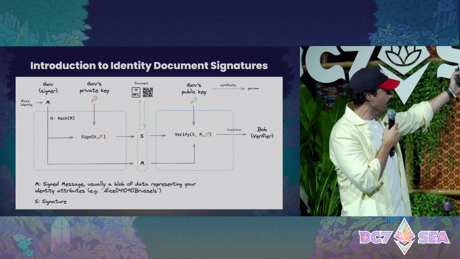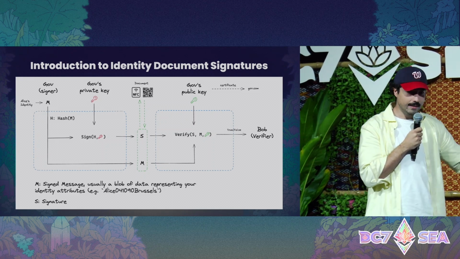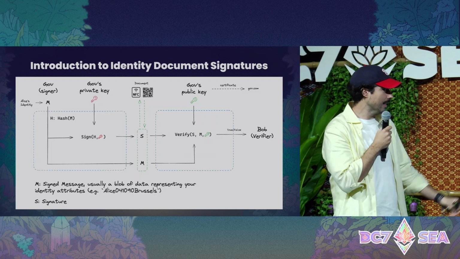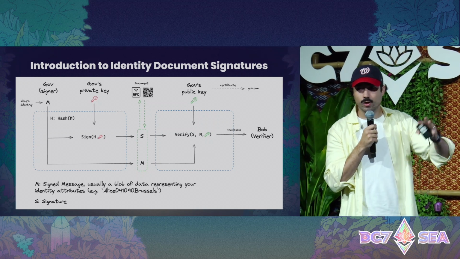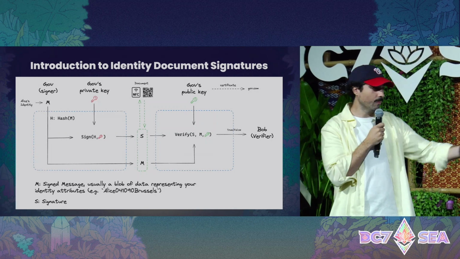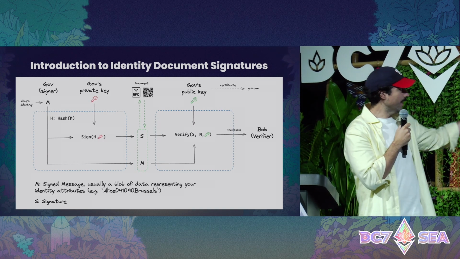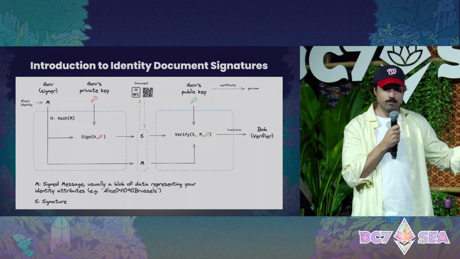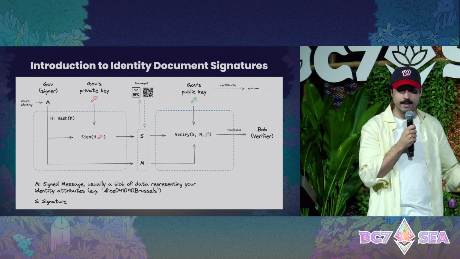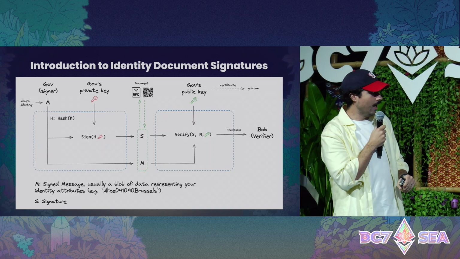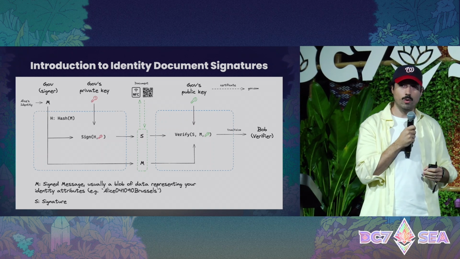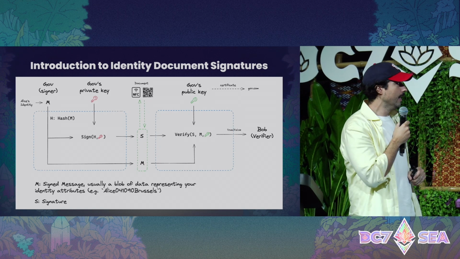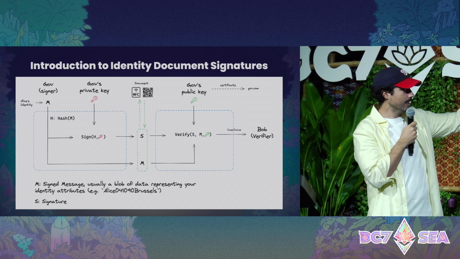So you have the government. Here it's Alice, and the identity of Alice is represented as a concatenation of some attributes: her name, her date of birth, her address. Then we hash all these attributes and we sign them. So the government uses its own private key to sign them. Then it puts it into a passport, into a card, or in the form of an NFC chip